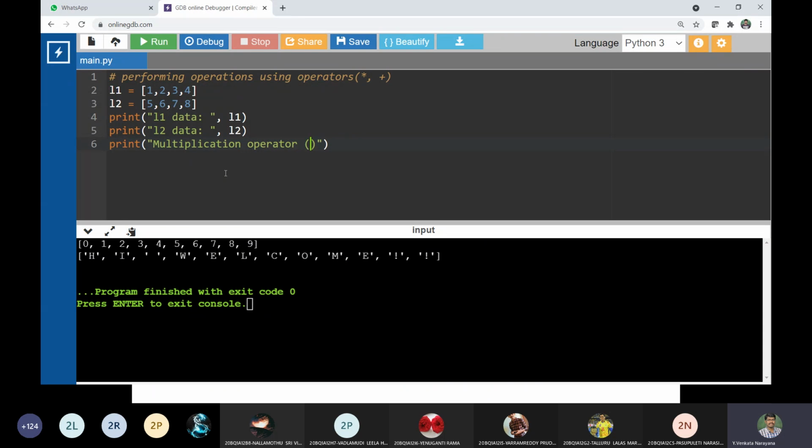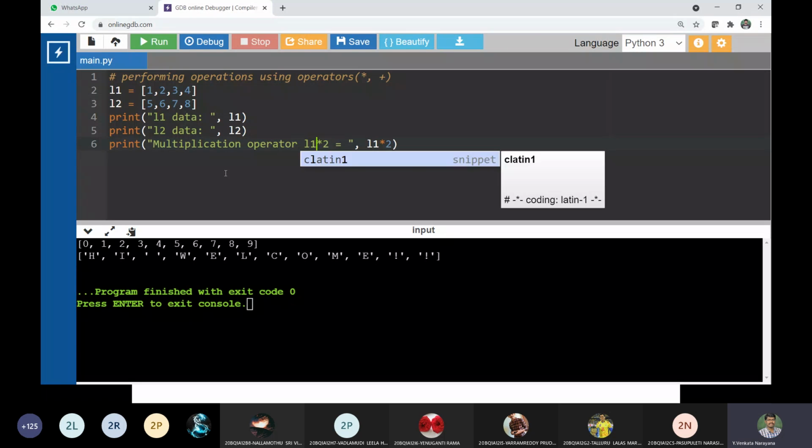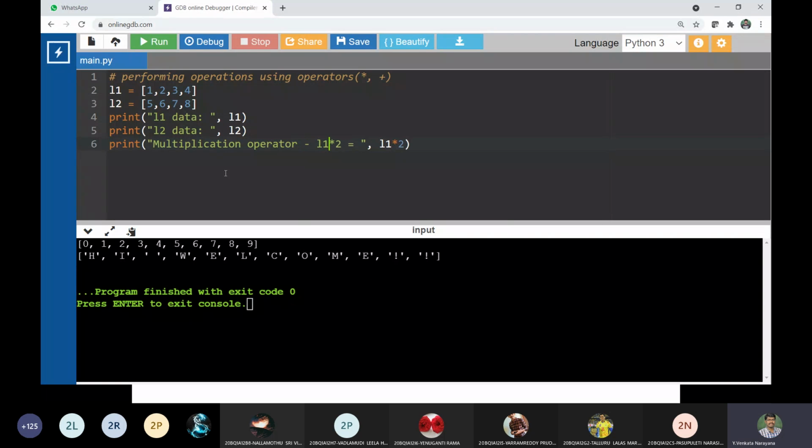I would like to make L1 into 2 times, so I want to do L1 into 2. What is the result in this case? Students, please tell me what the result is.